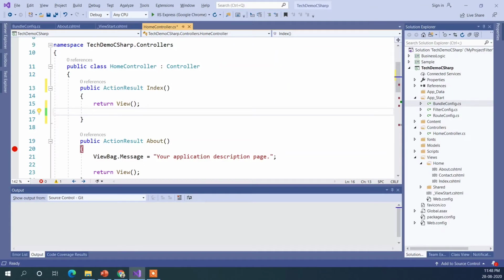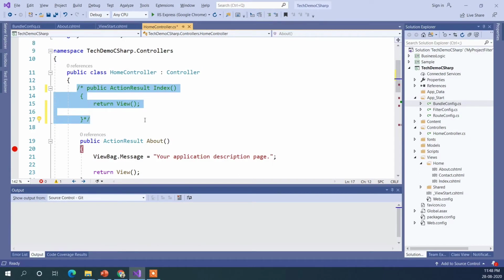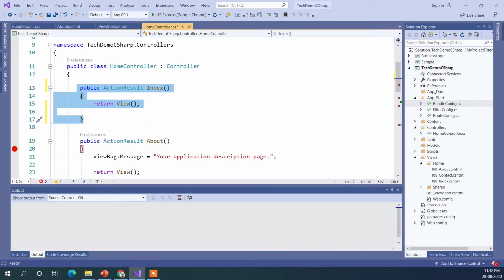Next one is toggle block comments. We all know Control K C will comment by line, and Control K U is uncommenting the lines. But if I want to comment all the lines in a block comment, the way I can do it is Control Shift and backslash. As you can see, it's commenting on a block basis, and when I hit Control Shift backslash again, it will uncomment it. So it's kind of a toggle for the comments.